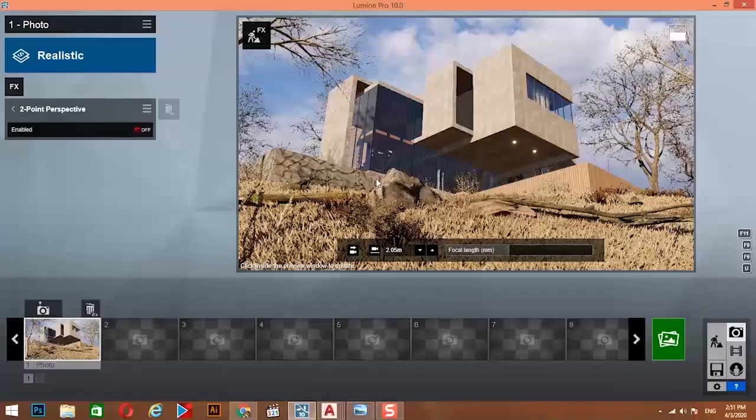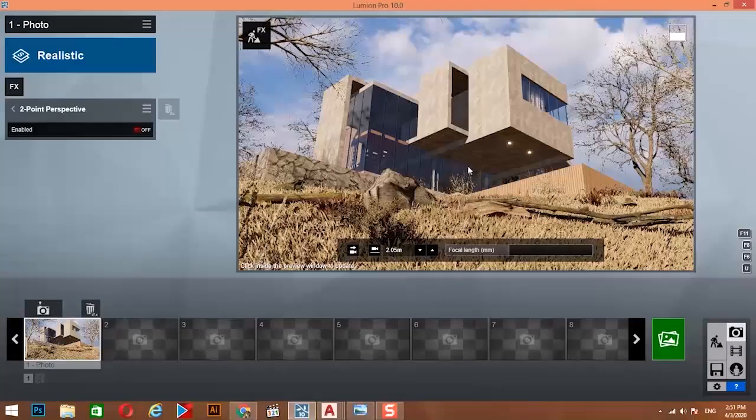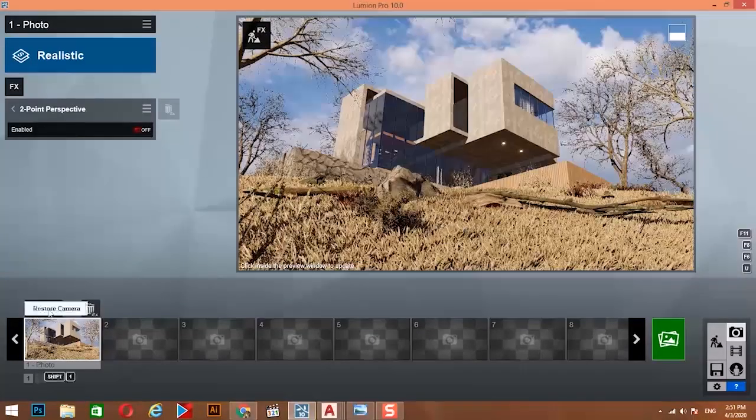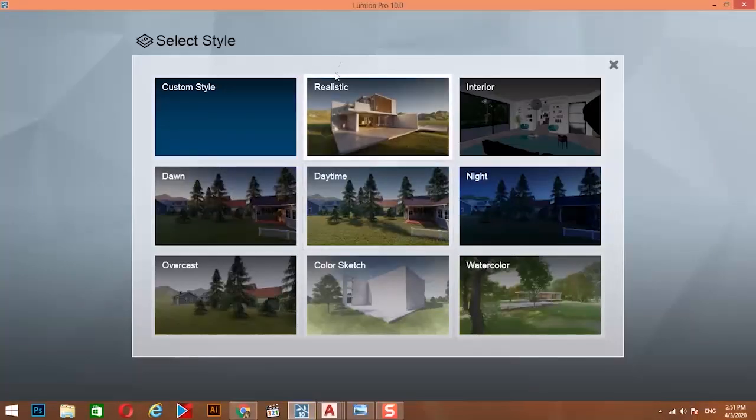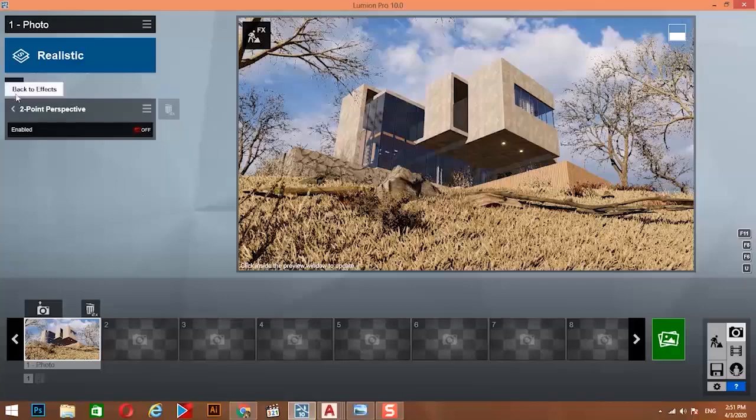Let's change the camera angle so we have somewhat 3-point perspective. So we keep the shot as it is, and